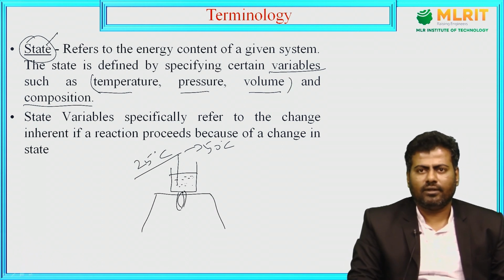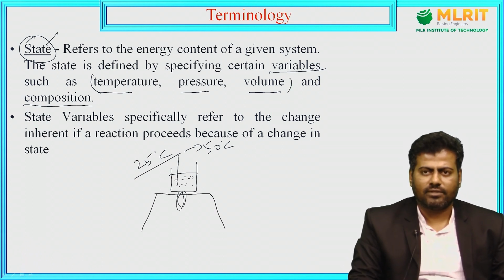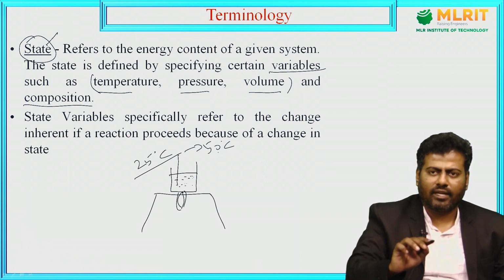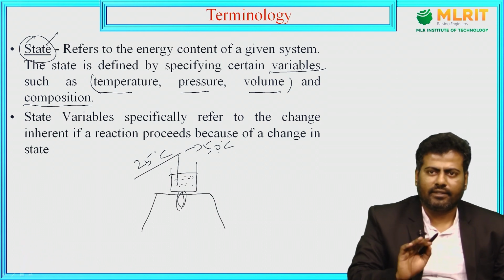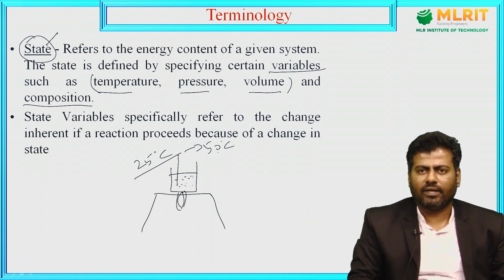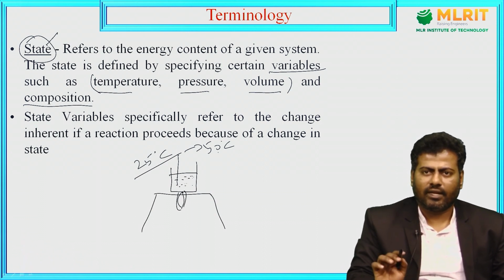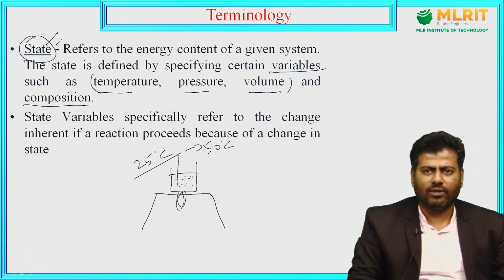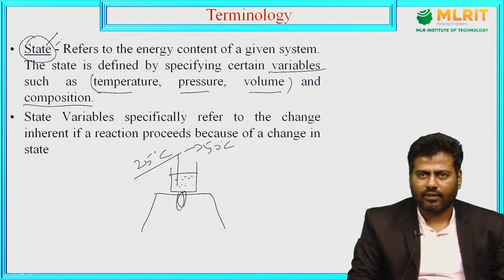Got it? With respect to these variables, when temperature shows a particular value, it means the system reaches the equilibrium condition. Then I can say it attains the state. If I have the measurable properties, then that is the state, like the initial state and final state. In between we also have intermediate states, and I can specify those as well.